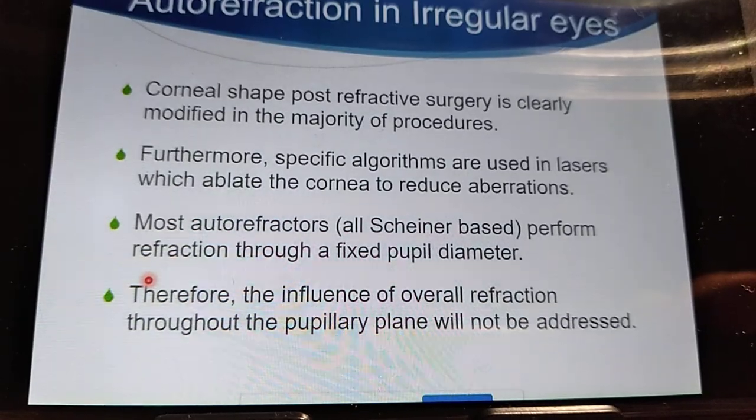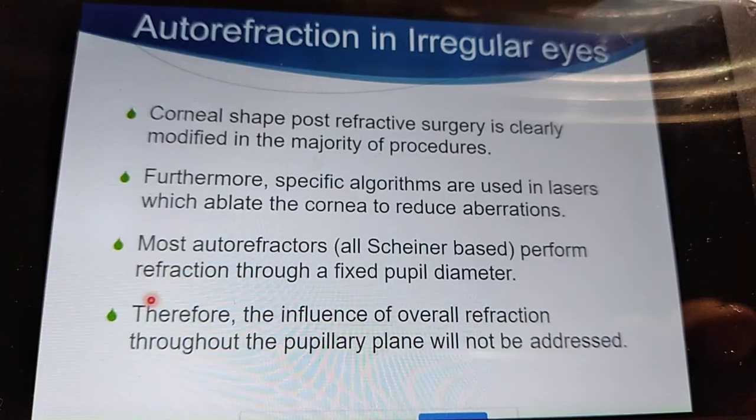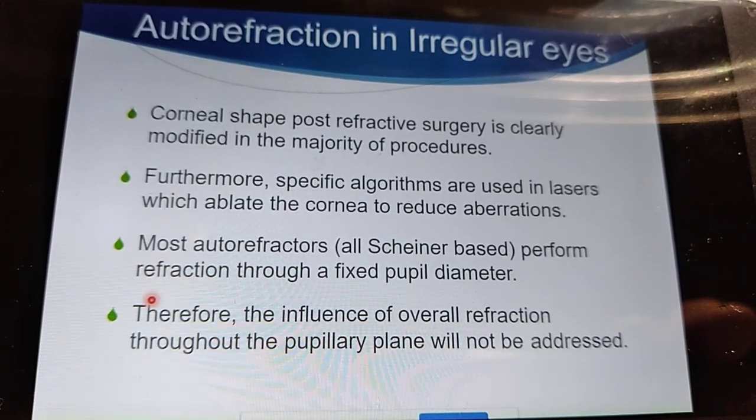So though we have an autorefractometer, it is always better to do other refractive checkups and then prescribe. Okay, so as I said before, the normal autorefractometers have limitations with patients who have